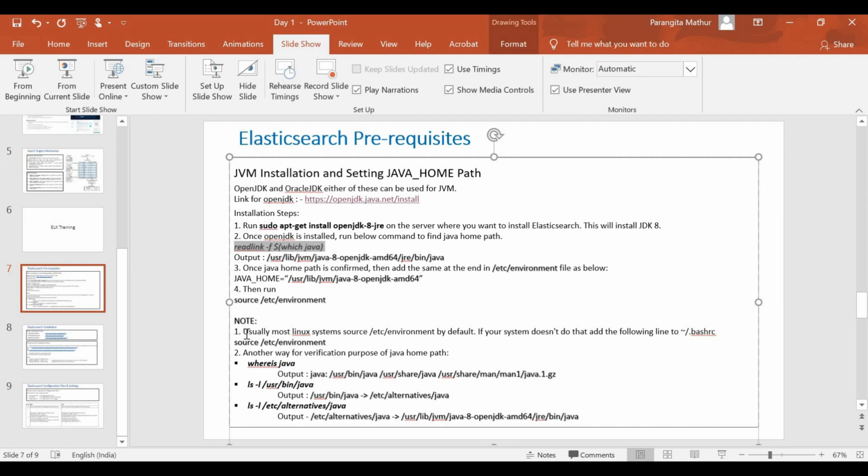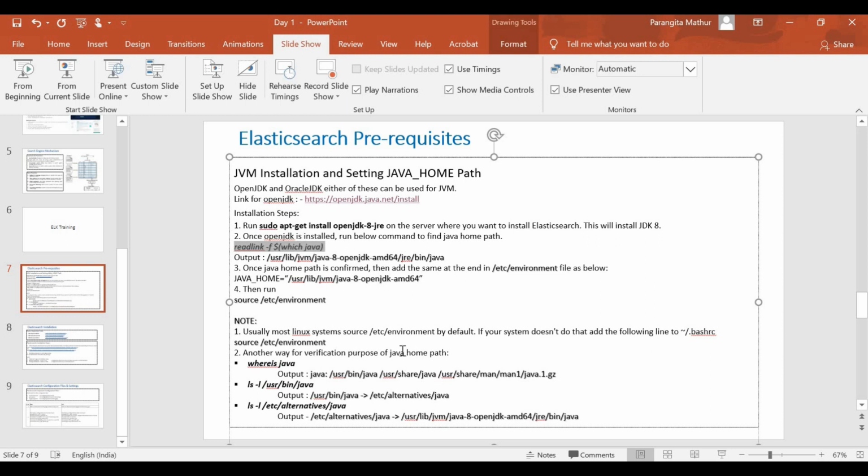Usually most Linux systems source /etc/environment by default. But if your environment doesn't source variables from /etc/environment, then you have to run source ~/.bashrc and then source /etc/environment. In this, it will be handled by the kernel itself of that particular server.